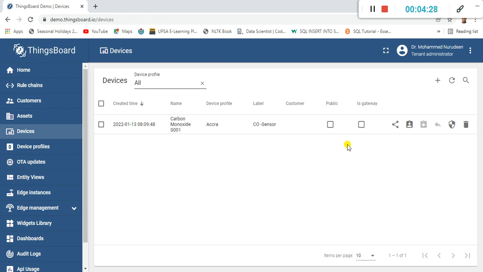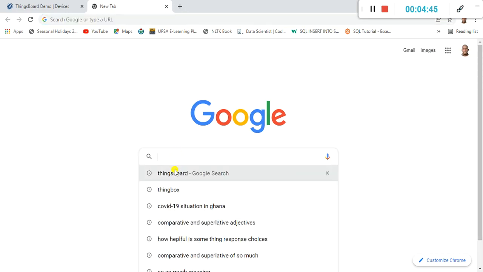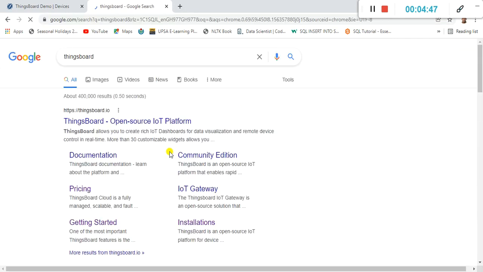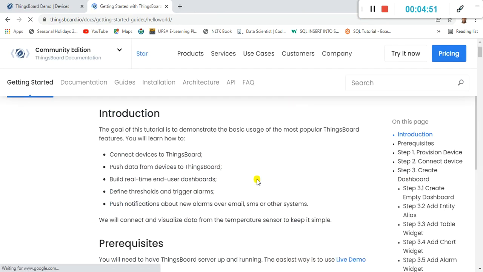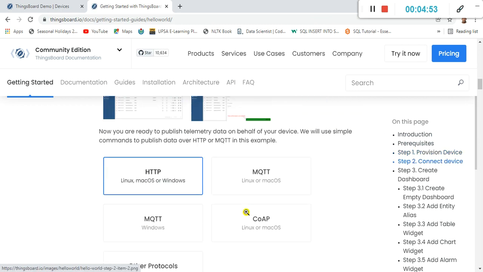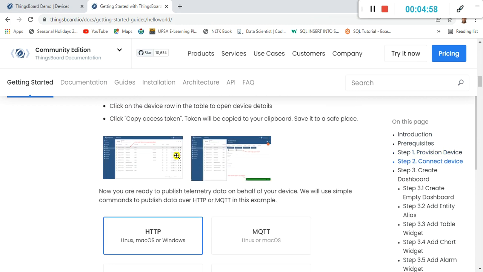Okay, so now that we have our device here, we can start by sending some data to this device. So let's get back to the Thingsboard platform here. I will need to copy some code there, the curl statements, so that we can use the curl statements to send data. You can see that when you come to connecting devices,